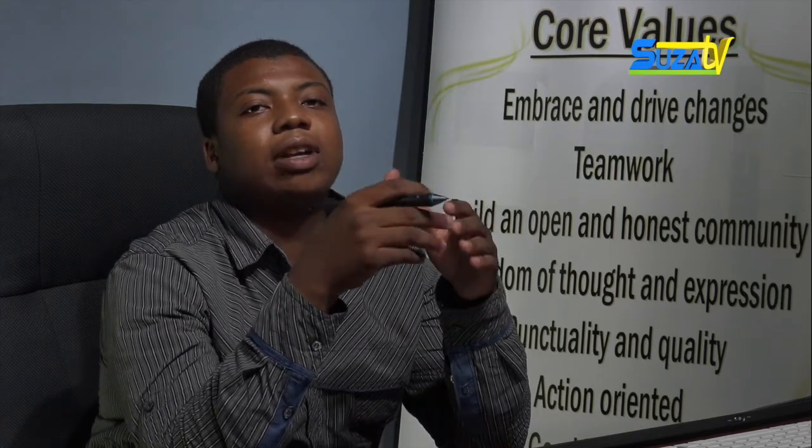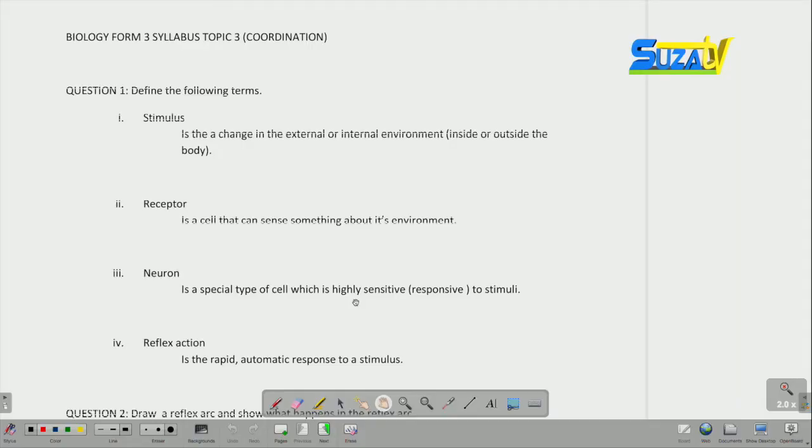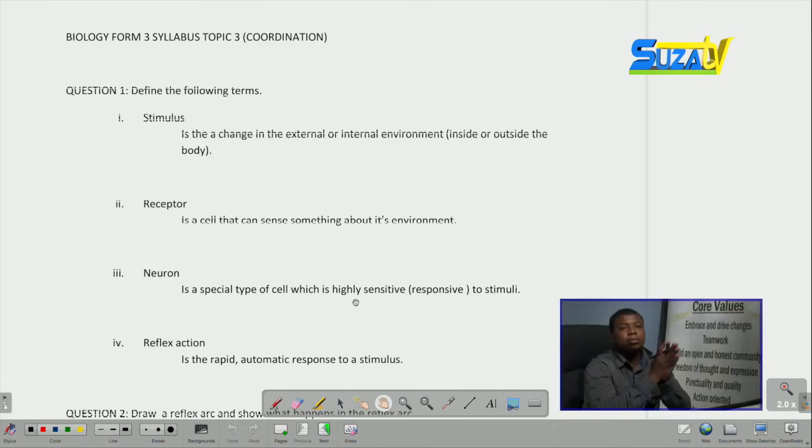While defining, there are two things you should know. First of all, you have to write the meaning of the term. Second of all, in defining, you have to write what you understand about the term, even though it's for a short while or a short paragraph. Defining requires a person to show how you understand that term. So for instance, we have the stimulus.